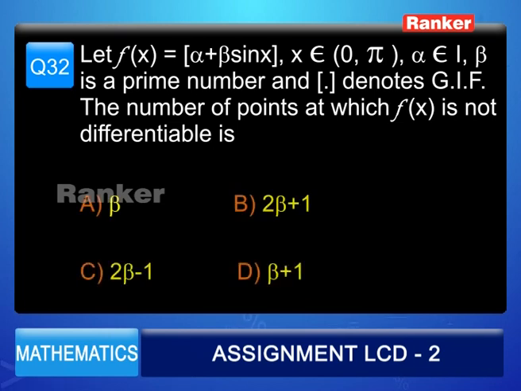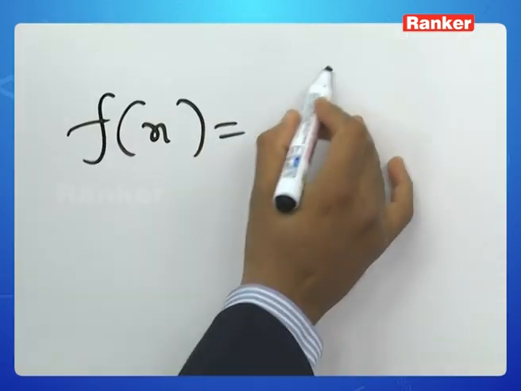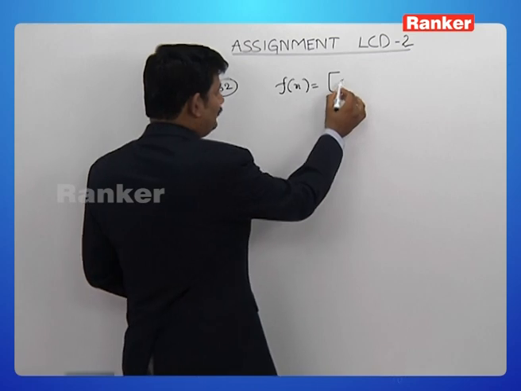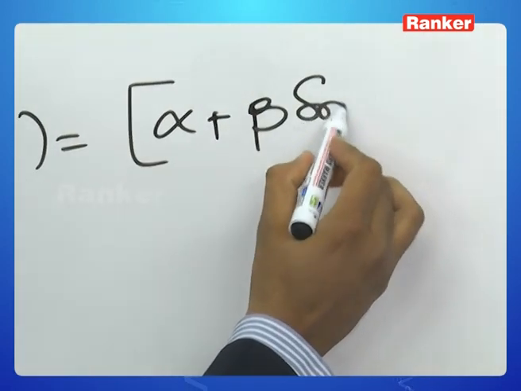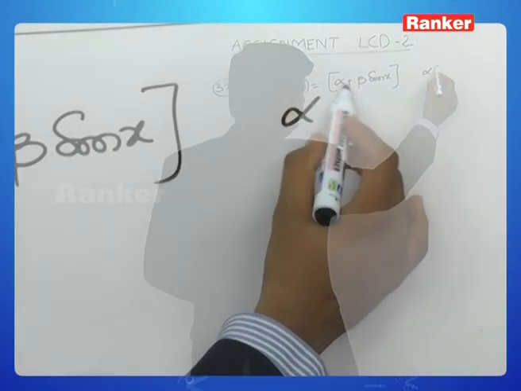Next question, let f of x is equal to integral part of alpha plus beta sin x, where x belongs to 0 to pi, and alpha is an integer, beta is a prime number, and we need to find the points of non-differentiability, the number of points at which f of x is not differentiable. It is given that f of x is equal to integral part of alpha plus beta sin x, where alpha is an integer and beta is a prime number,